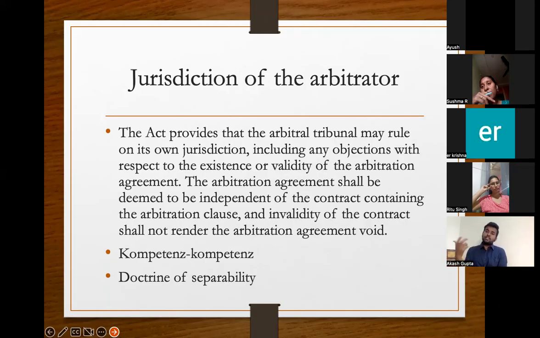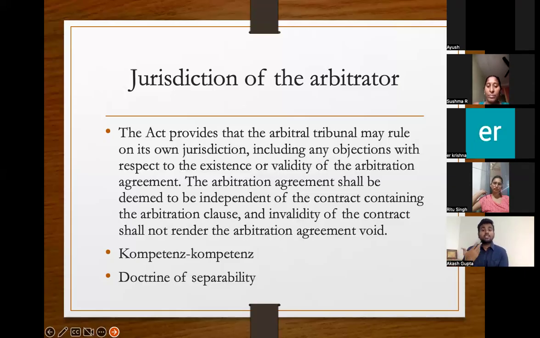If this argument is accepted, everyone who has been sued in arbitration will say that the arbitration agreement is invalid because the contract is invalid. So what happens when you challenge the validity of the contract? The arbitration agreement becomes separable in nature, and that becomes a separate investigation.